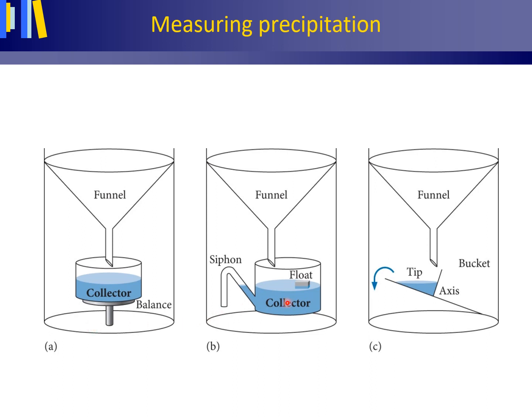In a float and siphon rain gauge, the depth of the water in the cylindrical water collector is continuously measured and registered using a float resting on the water. A siphon empties the water collector once the water has reached its maximum height. And this corresponds to the position of the bending end of the siphon. In this way, rainfall depths and intensities can be determined.